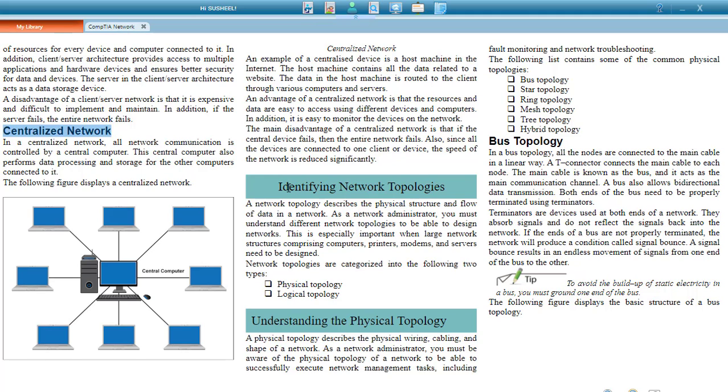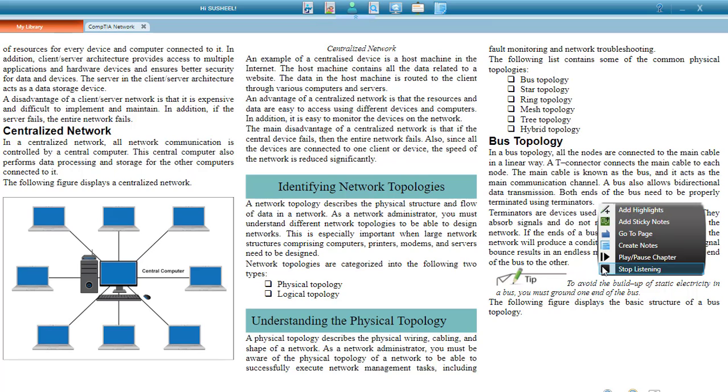Bus topology. In a bus topology, all the nodes are connected to the main cable in a linear way. A T-connector connects the main cable to each node. The main cable is known as the bus, and it acts as the main communication channel. A bus also allows bidirectional data transmission. Both ends of the bus need to be properly terminated using